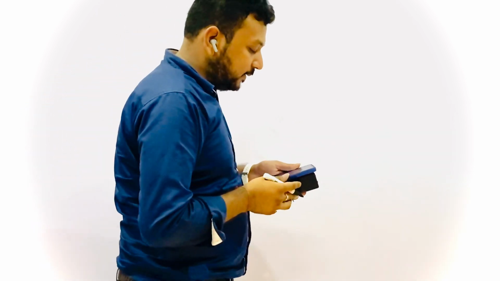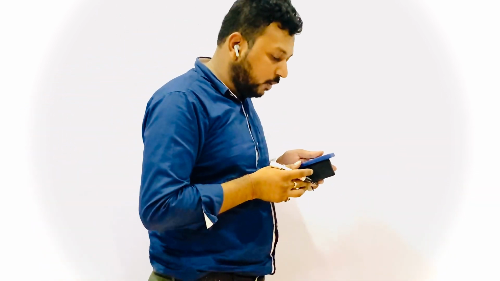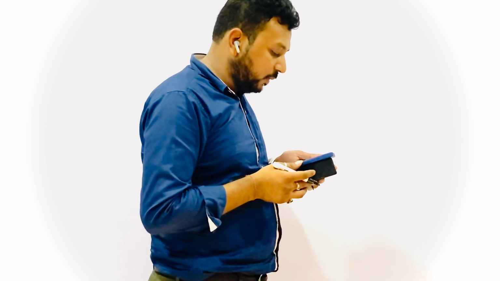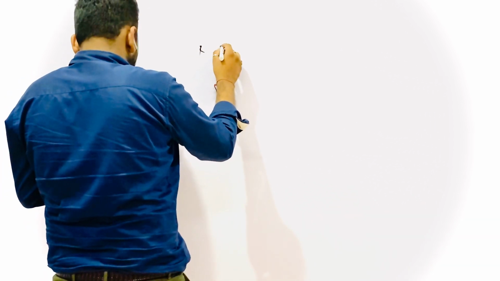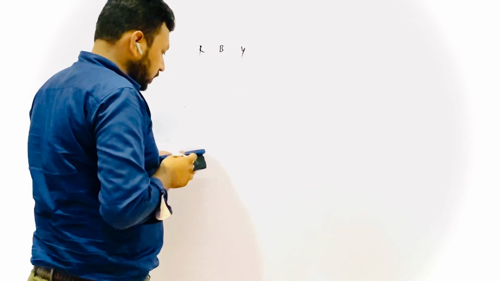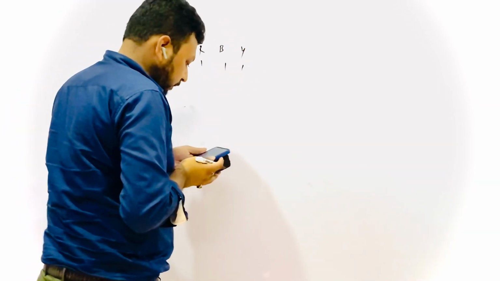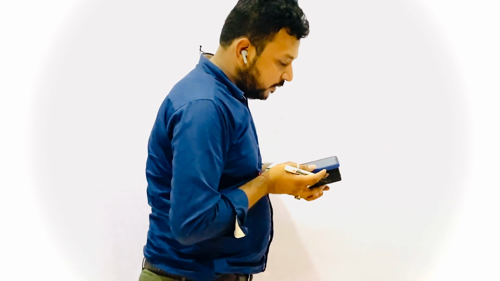So a bag contains a red ball, blue ball, yellow ball, all the balls being the same size. Red, blue and yellow, 1 ball each. Kritika takes out a ball. This is example number 2, from probability class 10th NCERT chapter. Kritika takes out a ball from the bag without looking at it. What is the probability that she takes out a yellow ball?